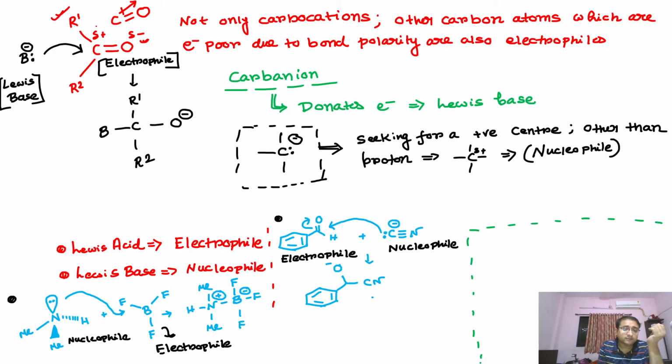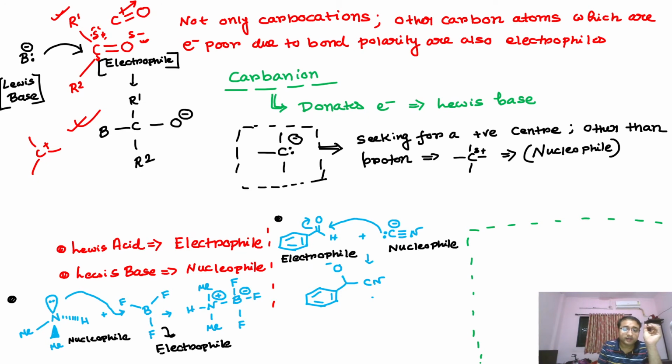As there is a partial positive charge formed over this carbon atom, this carbon atom is a bit electron deficient. That's why it will love to accept electrons from other species or a Lewis base. So that's why these types of carbon centers are called electrophilic centers or electrophiles. So they will participate in these types of reactions where the Lewis base will donate electrons and the reaction will occur. So not only carbocations but these types of compounds also act as electrophiles.